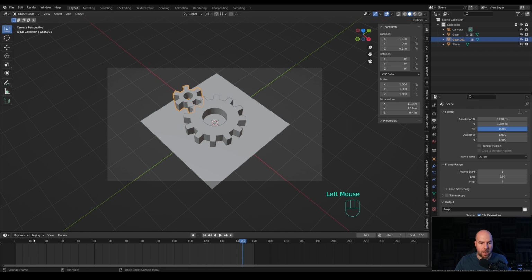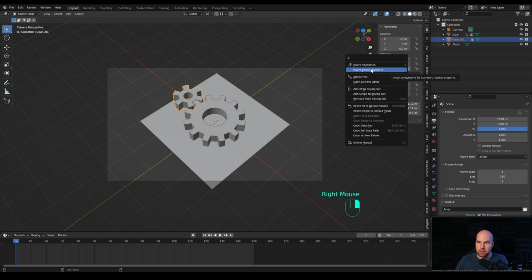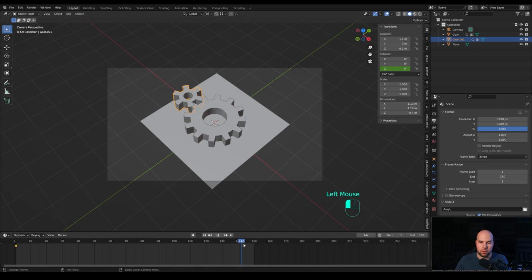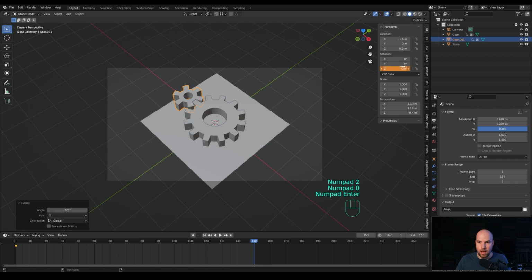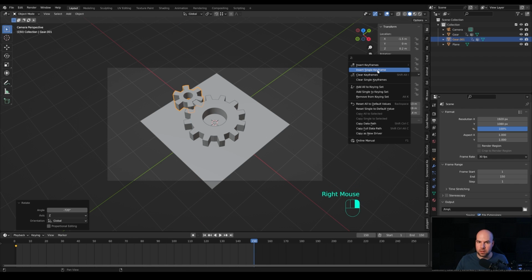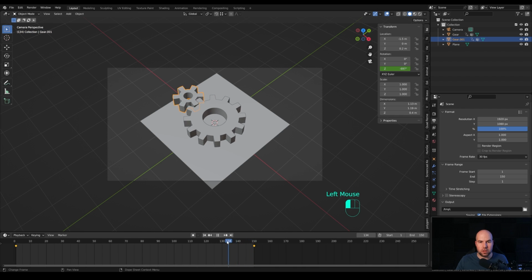So let's select the small one and let's go to the frame 1. And now let's do the same thing. So on the Z rotation, let's insert single keyframe and let's go all the way to the 150 frame. And before you do, make sure you have this set to median point again, not the 3D cursor. Let's hit R, then Z and minus 720 for the rotation. Let's confirm. And again, we'll right click here and insert single keyframe. So the rotation direction is correct, but the speed isn't right because again, we need to hit T and choose linear interpolation. And now they will turn the way we want them to. So that's it for the gears.